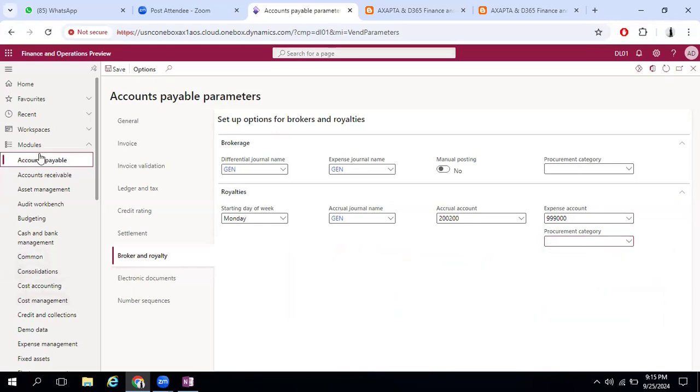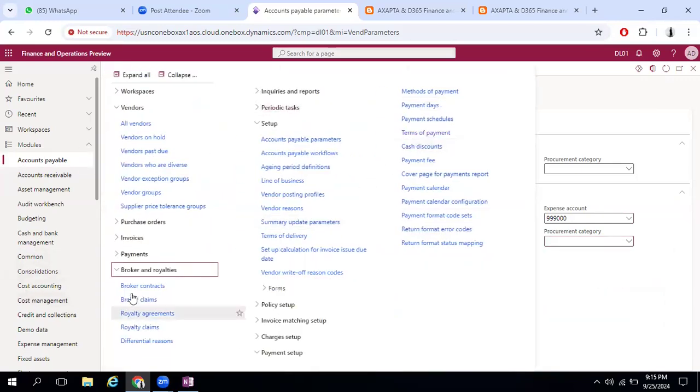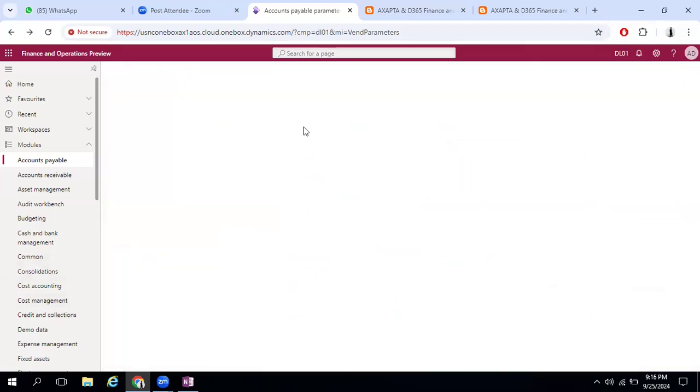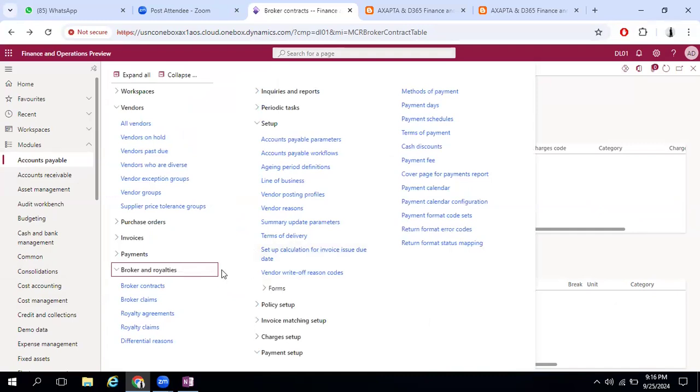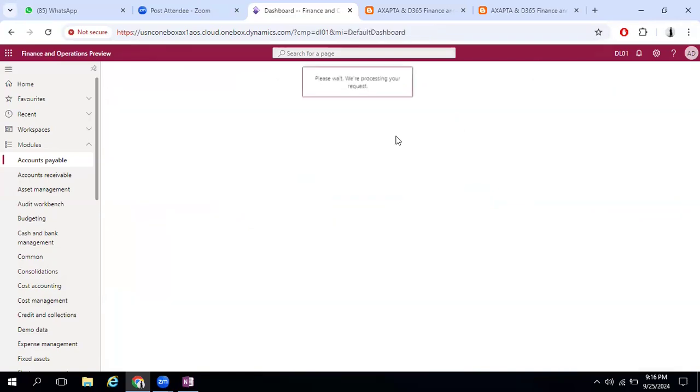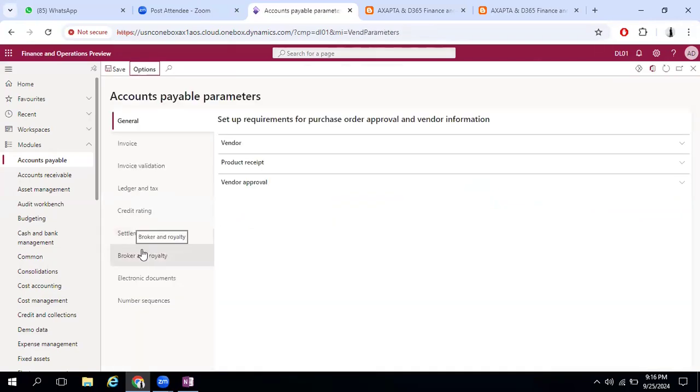Okay, going further, if you want to use the brokerage one, you can create a broker contract over here. And against the broker contract, there will be contract lines. Okay, so we will see it at a later stage, how the brokerage module works. So coming to the accounts payable parameters, the second tab will be your